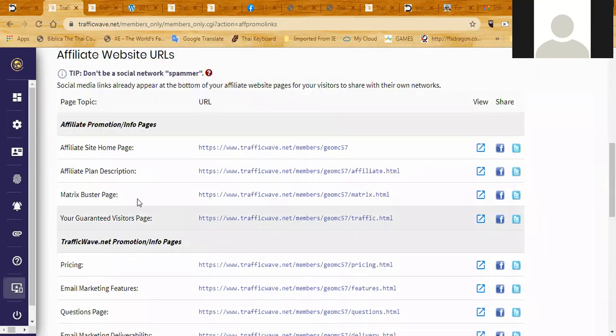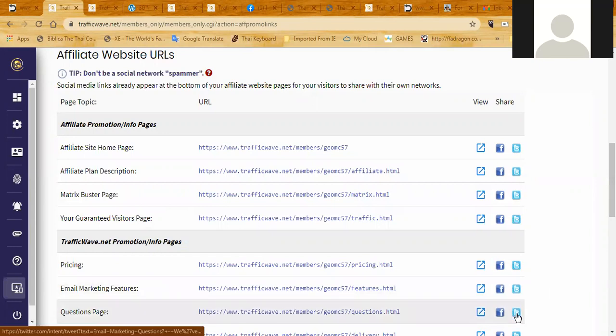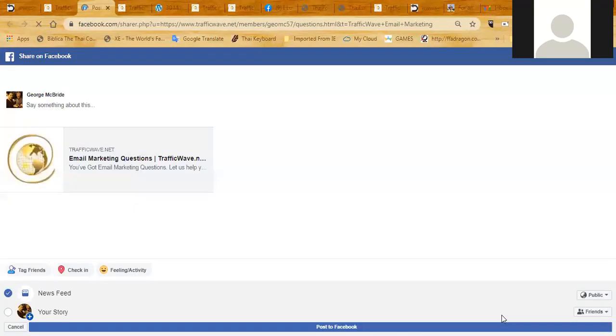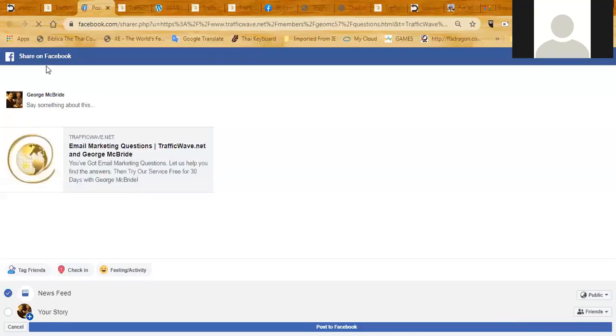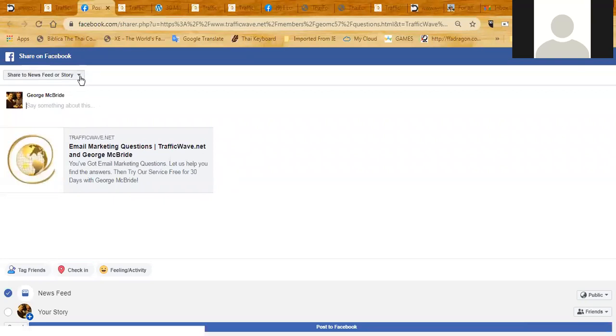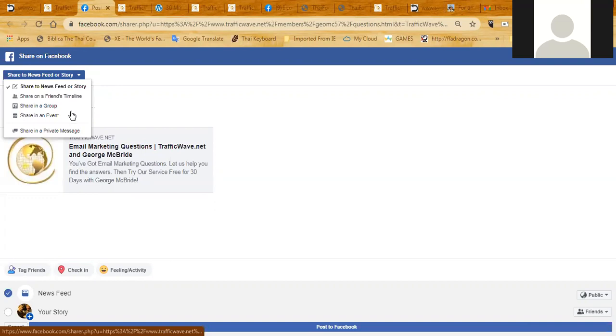And what I do is every single day, I just pick one of these items, like the question page, and I'll click on tweet this or on Facebook. And let's just do the Facebook one quick. And it opens up like this. Now this allows me to share on my Facebook general news feed, or I can go here and pick somewhere else to share it. I often share it in a group because I have a business group, and I'll share it to that group,